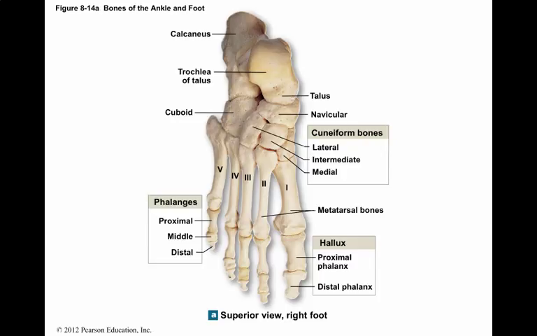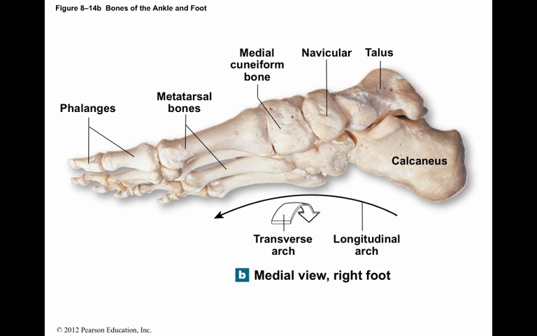Running places more stress on the foot than walking. Stress fractures are hairline fractures that develop in bones subjected to repeated shocks or impacts and usually involve one of the metatarsal bones. Ligaments and tendons maintain the arches of the foot by tying the calcaneus to the distal portion of the metatarsal bones. The medial arch is much more pronounced than the lateral arch. If the normal arches are lost or have fallen or have never formed, this condition is called flat feet.